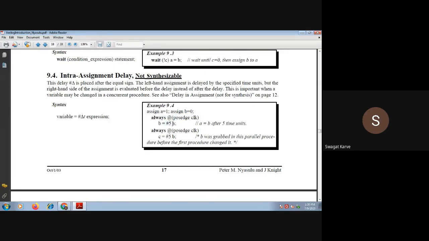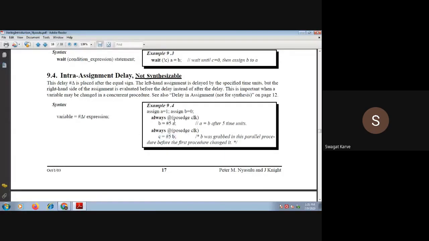That means B gets A, both values will get transferred after 5 time units. Similarly, C is equal to #5 B. That means B was grabbed in the parallel procedure before the first procedure changed A. Similarly, when this positive edge happens, then after 5 time units, first A and B will get equal, and then the B value will pass to C, and this C will get equal to B, right?